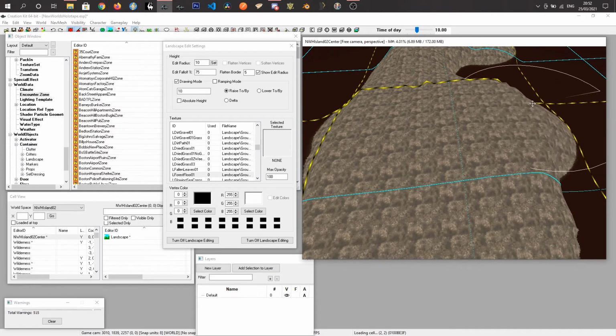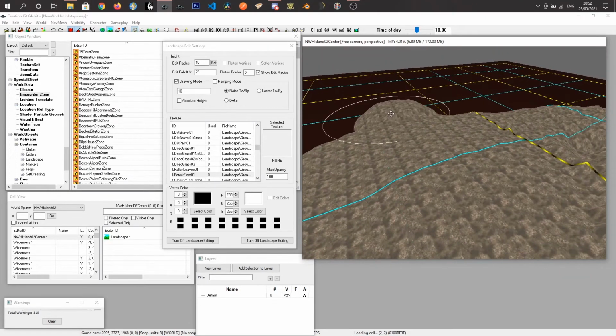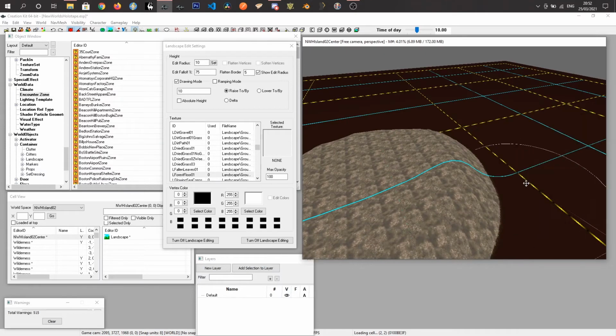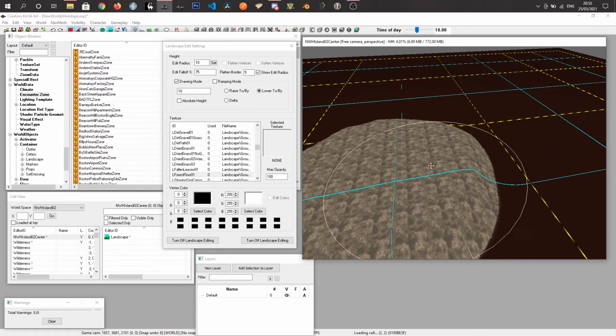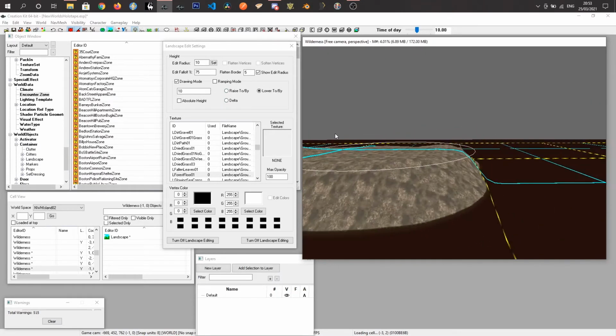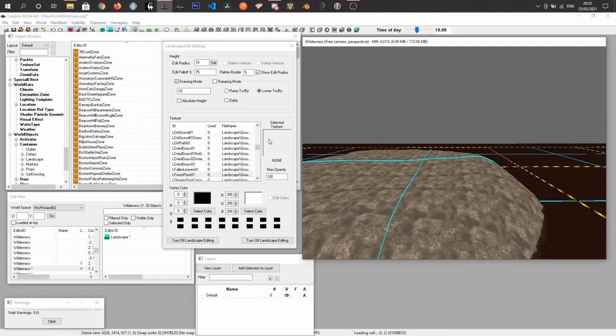I've never used it before, but that is very strange. Let's see if I can just get back to my island. See, that one makes sense. So that's just lowering the land by 10 units, and I've flattened it all out now. Okay, so just untick that drawing mode,